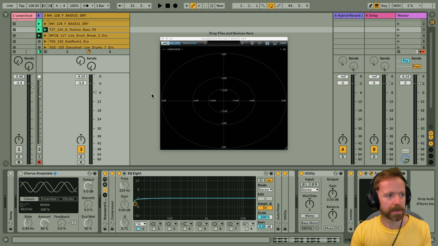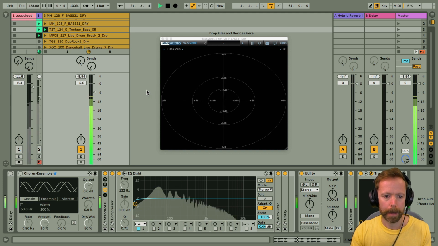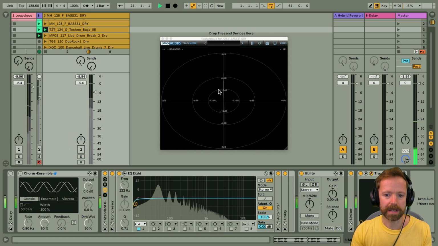For instance, if I play this bass line now, you can see from the stereo graph here that it's mono, so there's no stereo information at all. We just have this line running down the center. But now if I turn on the chorus,